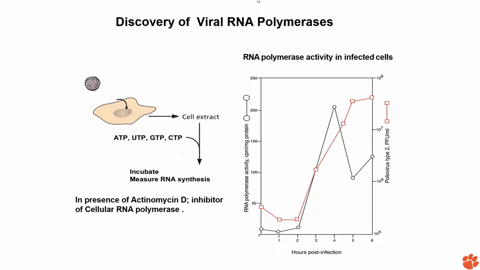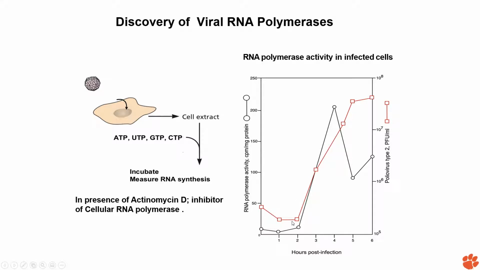It was already known, the details of the cellular DNA-dependent RNA polymerases. So after that, they infected the cell. Initially they did the study with a Mengo virus, and then later they did it with a polio virus. It doesn't matter which virus it is, but those are RNA viruses, both of them in the same family. And they found that, as you can see, the red is the single-step growth curve.